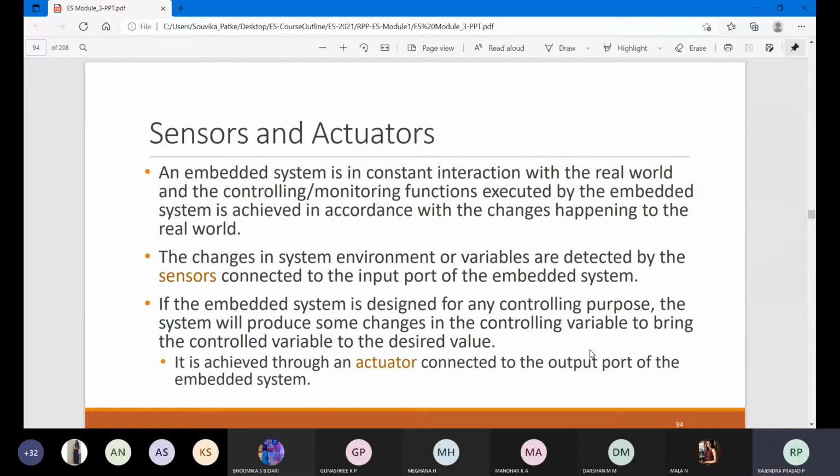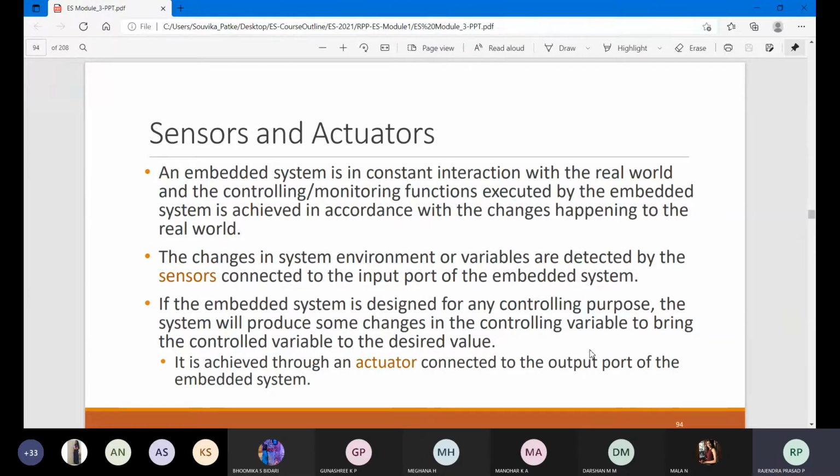Usually if it is in a routine way, no issues, but if there is a sudden change, we have to identify what has happened. That will be the input for your device. And when you have this input device, whether you are able to control it, monitor it, or analyze something from it, these are the things you need to refer to. That is why we call it a controlling purpose.